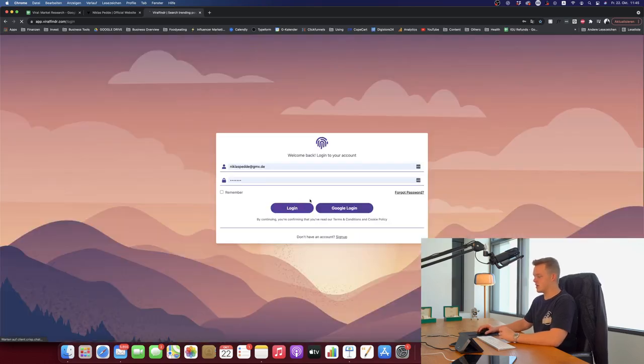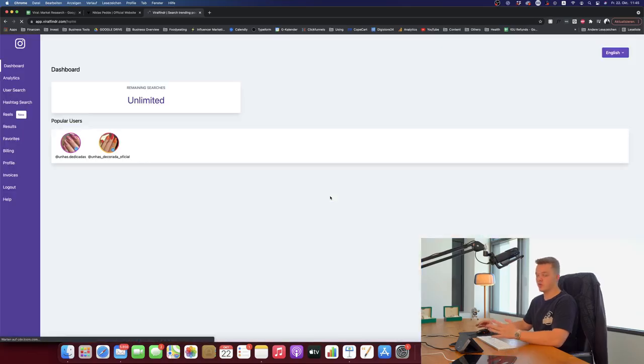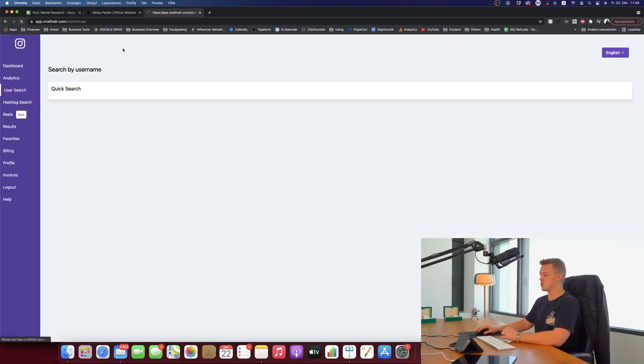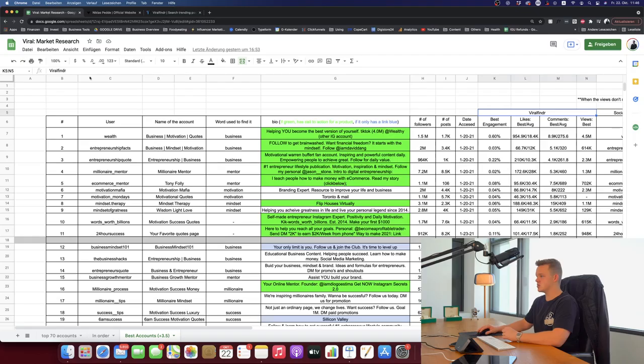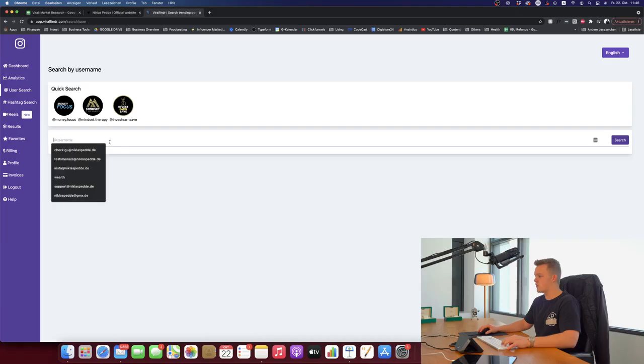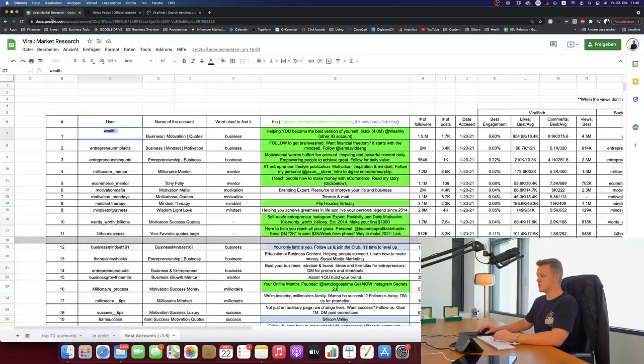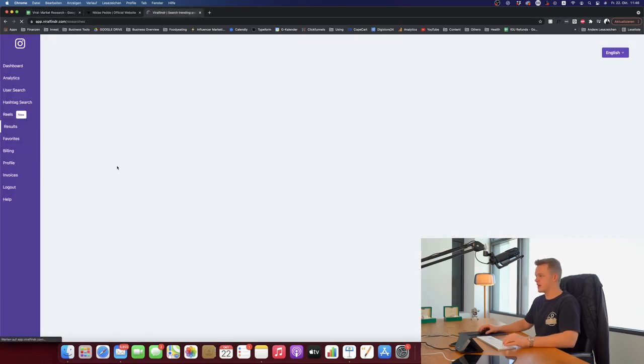And I will then walk you through the dashboard really fast, and I will show you the process of finding viral content, okay? So once you're here on the dashboard, you go to user search, right? Then on user search, you take the usernames from the top accounts from your niche. For example, the best one, Wealth right now, you put in the username, and wait, there was one space over here. You then click on search and you can already take the second username, Entrepreneurship Facts. I'll do this whole thing for 2 or 3 different accounts within this video and show you exactly how this works, okay?